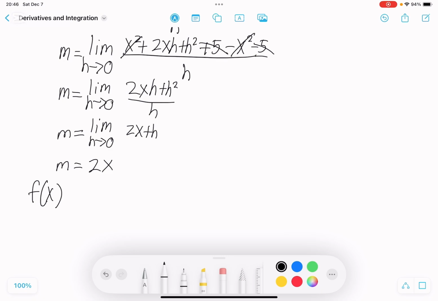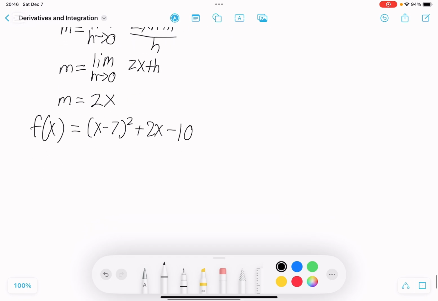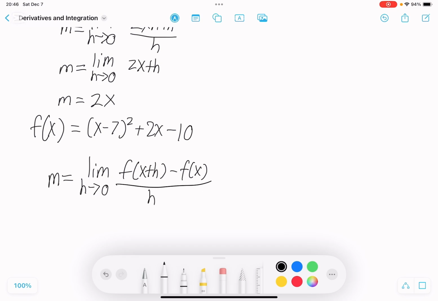Okay, so let's say f of x is (x minus 7) squared plus 2x minus 10, and we want the derivative of this equation. So we know that by definition m is the limit, as h approaches 0, of f of x plus h minus f of x, all over h. So m is basically